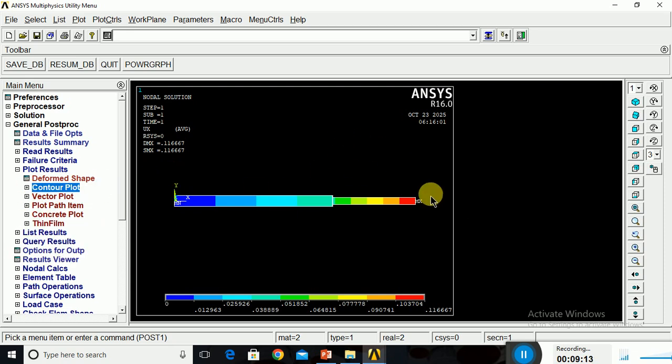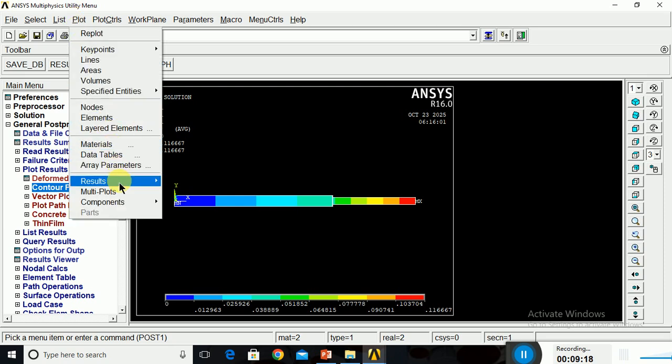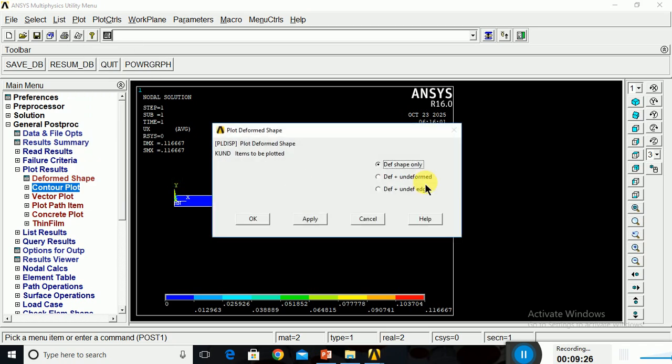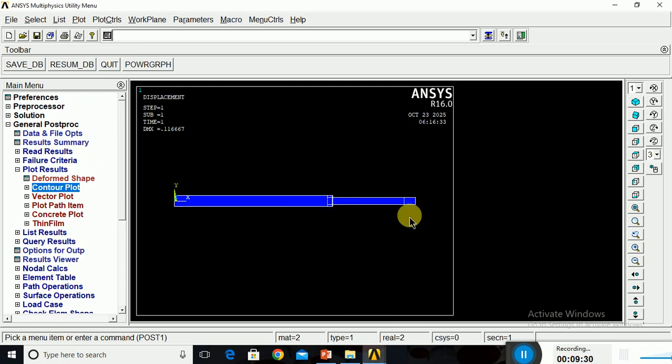If you want to see the result, go to the plot, go to the result, deformed shape and undeformed shape. So you can see here, this is the deformed shape, undeformed shape.